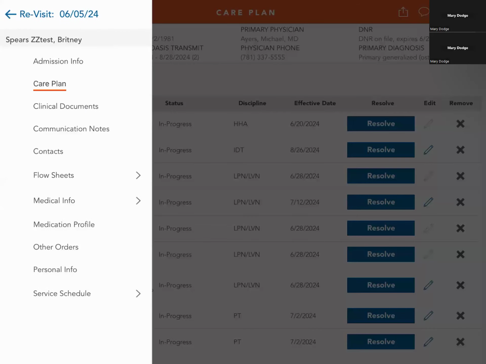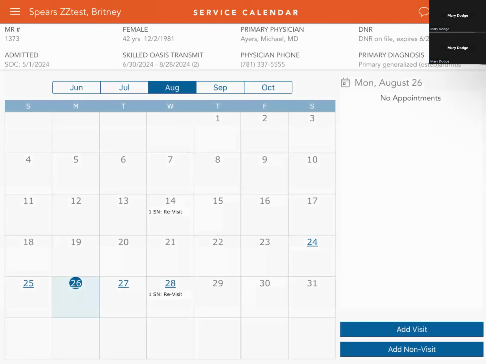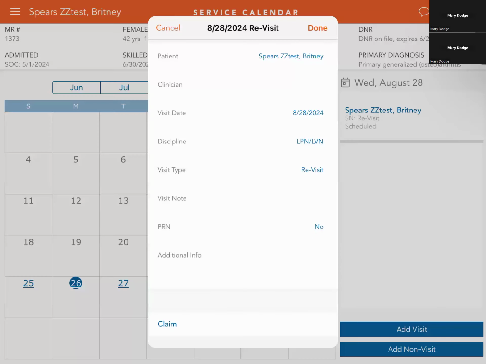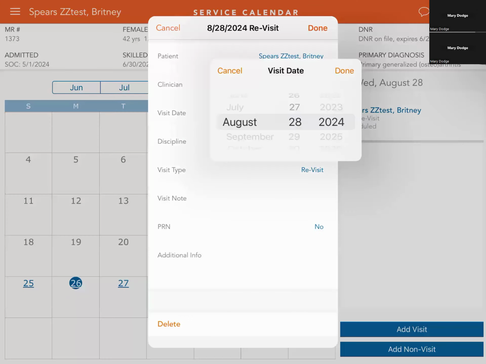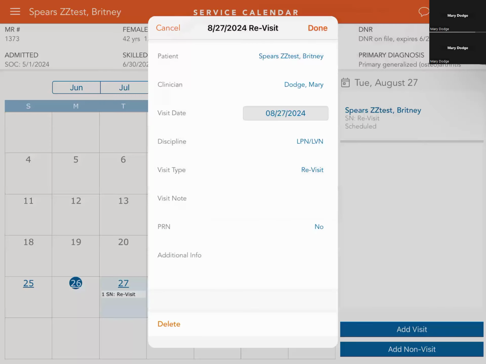So if we go in and we go to service schedule, service calendar, we can see that as of tomorrow, the patient does not have a visit scheduled for them. So physical therapy, occupational therapy, speech, any of our other disciplines have a visit on for tomorrow. Let's take our visit scheduled for Wednesday and claim it. And then we're going to pretend like this is a physical therapy appointment. So tomorrow they have another visit. I can go in, I can add the pop-up,